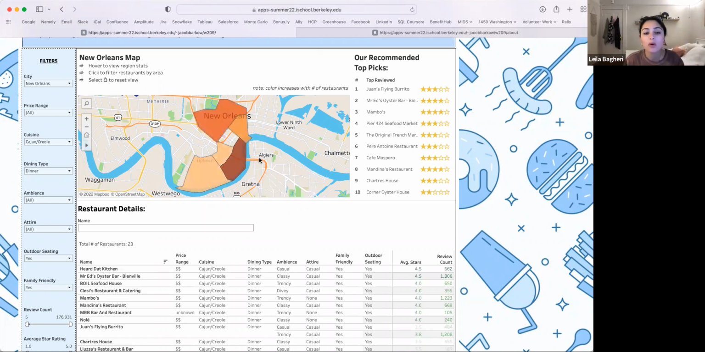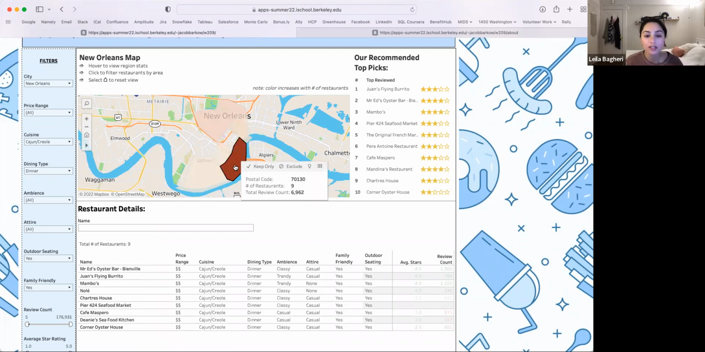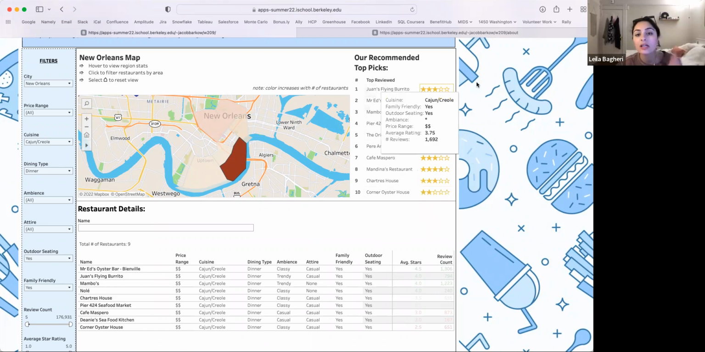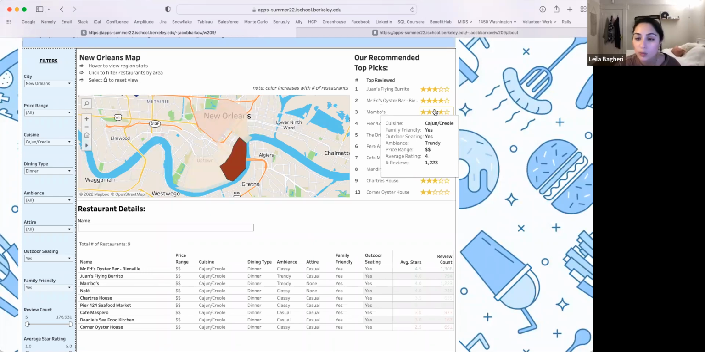So if we want a broader range, but we only want to stay in a specific area, you can click on that area and it will filter down the rest of those restaurants available to you. So now we can see we only have a total of 9 restaurants available to us. Our top reviewed restaurants also change based on our specifications. Something cool about top reviewed is it is in order of those that have the highest review counts. But if you hover over the stars, you can also see the cuisine and the rest of those attributes